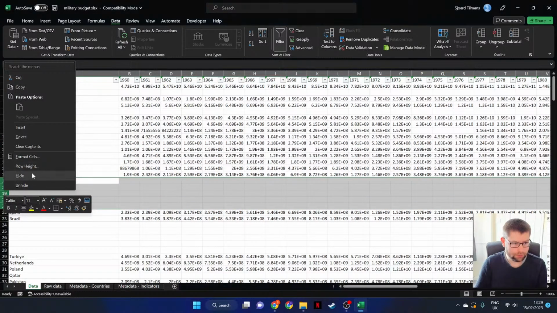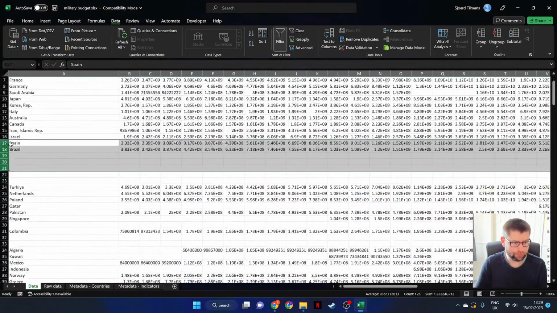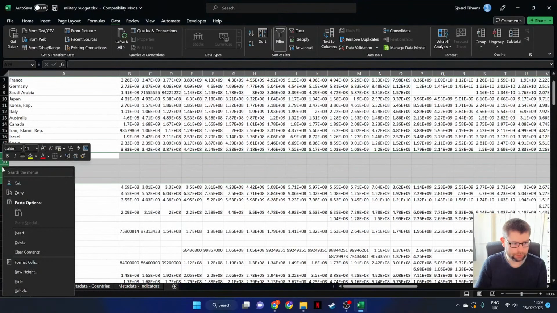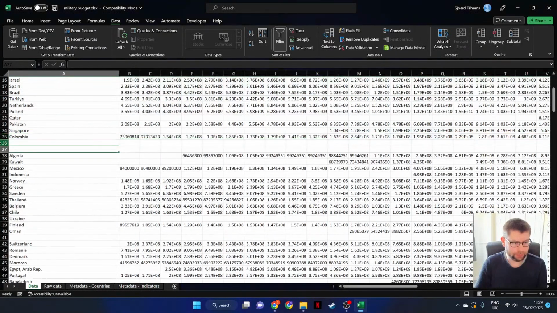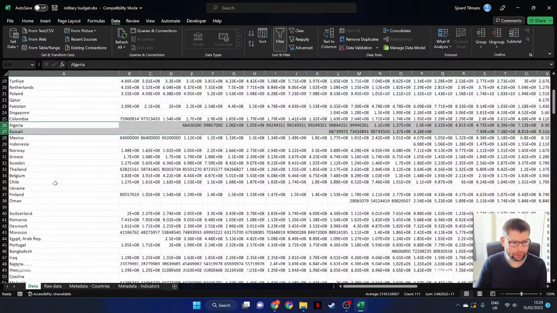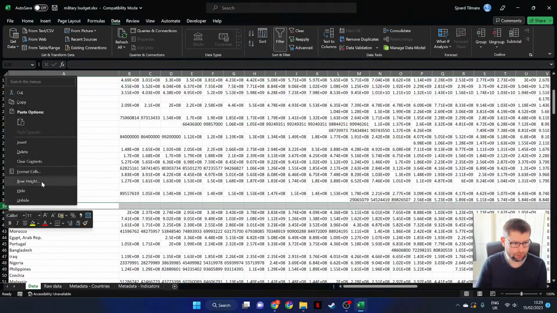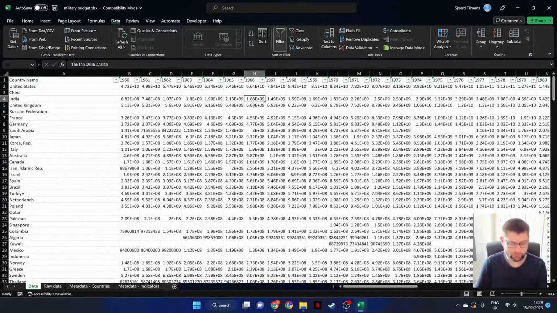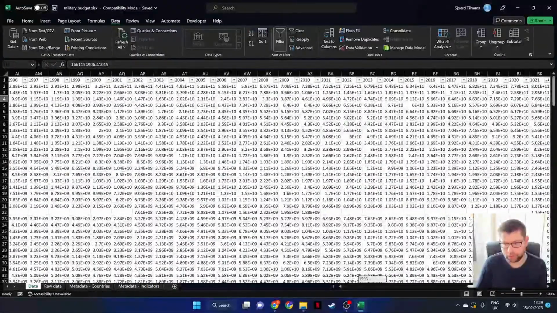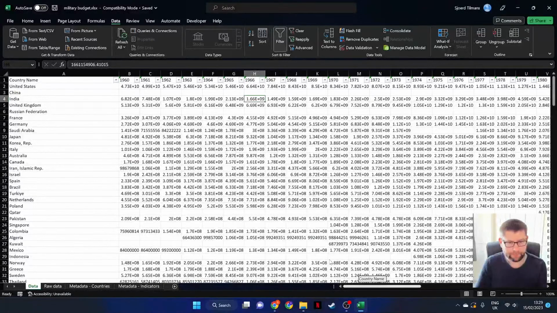Anyway, let's just remove all the blank lines. Again, there's probably a better way of doing this, but this is usually the quick and dirty way, which is what I normally do. All right, so that's it. Obviously, the United States, China, India are number one,